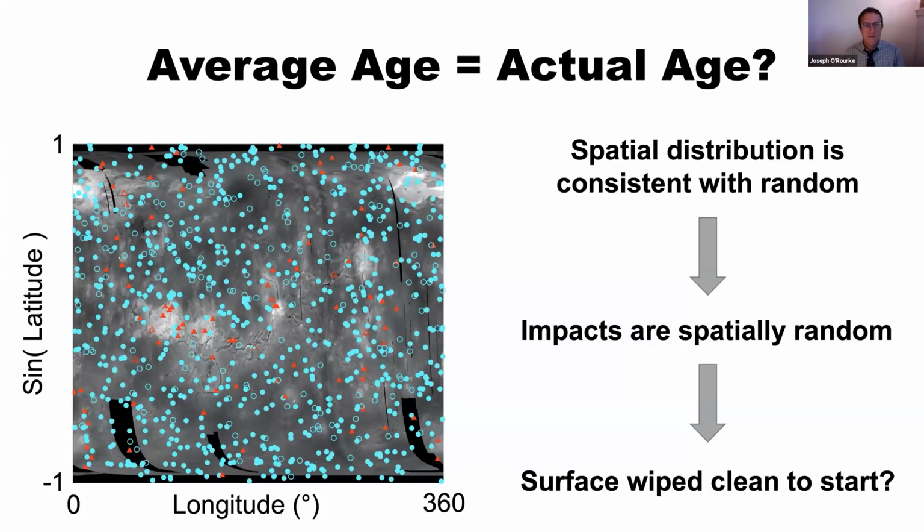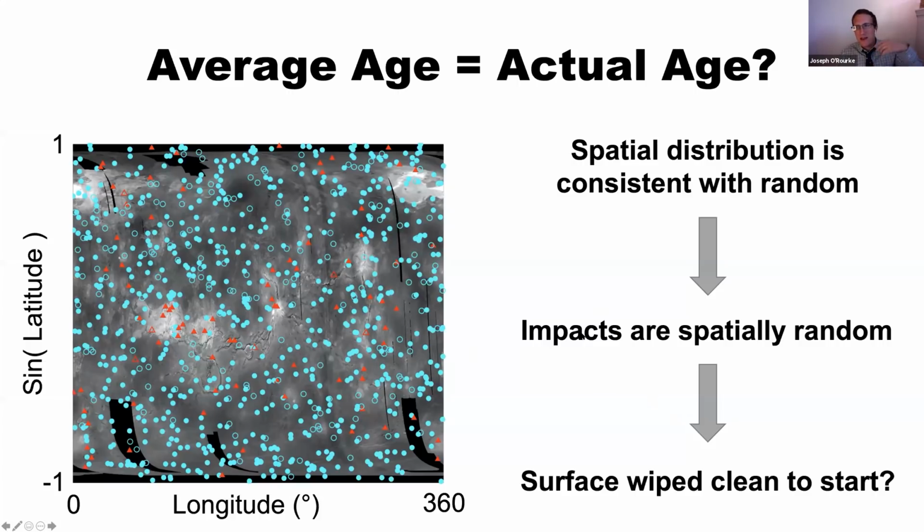And this map that I have on the left is an equal area projection of the surface of Venus. And I've plotted the location of all the different impact craters. Don't worry about the different colors or the different symbol shapes. What you might notice if you have a tuned eye for this sort of stuff is that the latitudes and longitudes of impact craters look pretty random. And indeed, if I just drew a population of 1,000 random coordinates and plotted them on a map of Venus, I would get cratering statistics that were equivalent to the statistics of the actual impact craters on Venus.